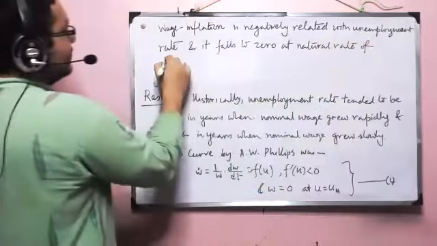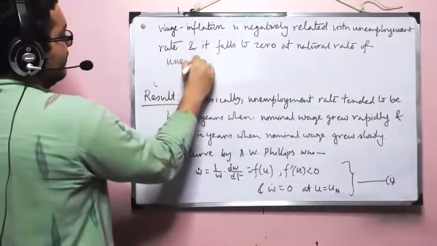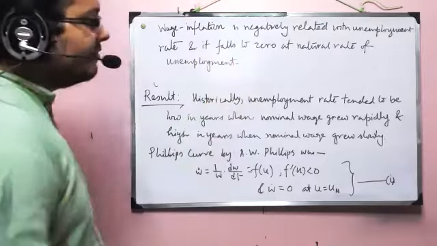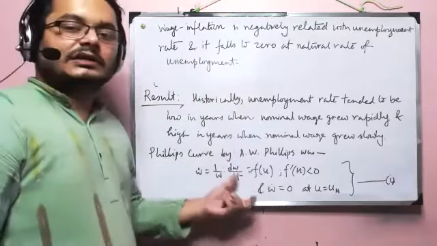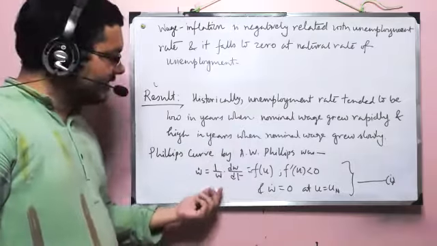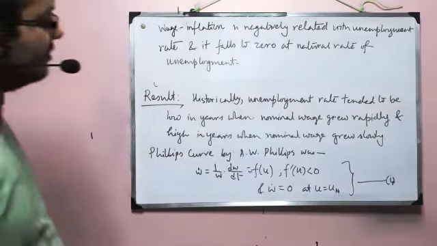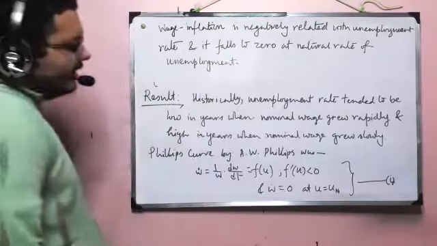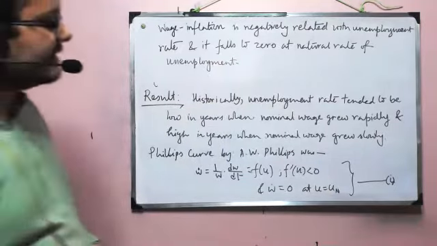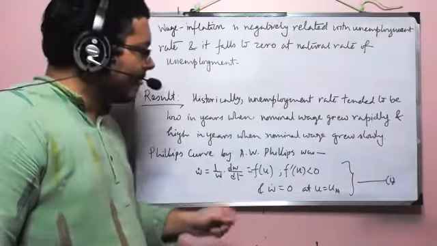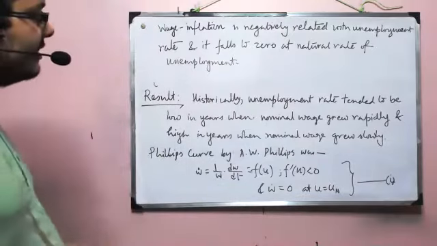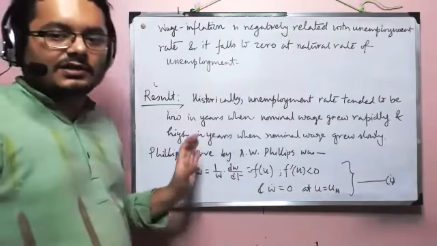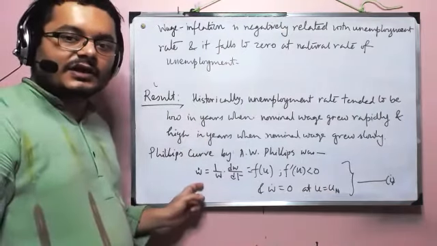Remember one thing, that we are using this term natural rate of unemployment here, but the term itself came after the construction or the empirical work of Phillips curve. So now we know that it is called natural rate of unemployment. So we are using the term, but the idea was that there was an intercept. Okay. And since we have this result, there is a certain degree of responsibility to explain why we are looking at this kind of a function.